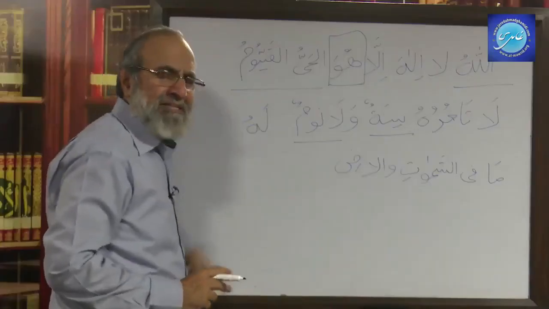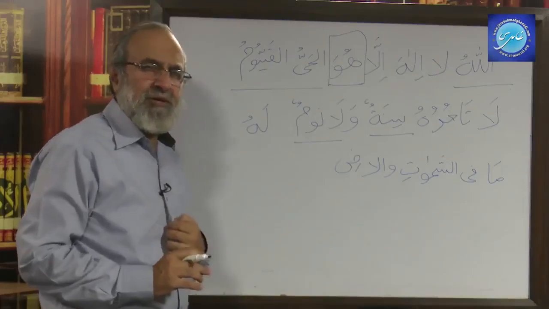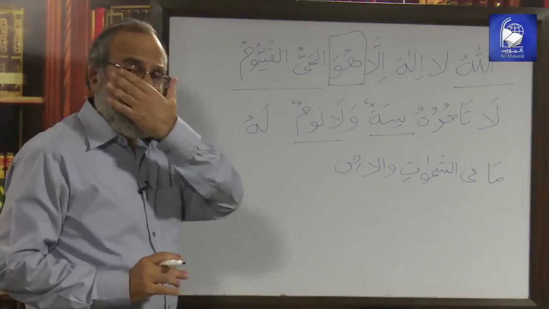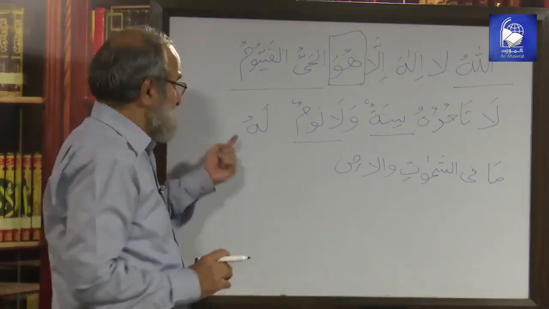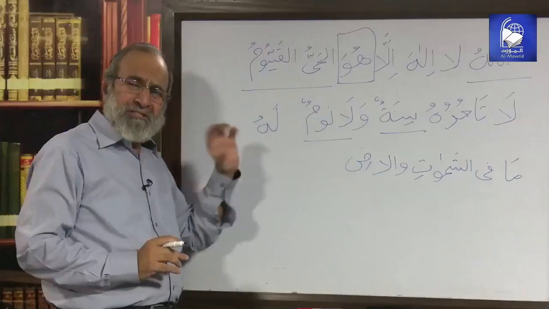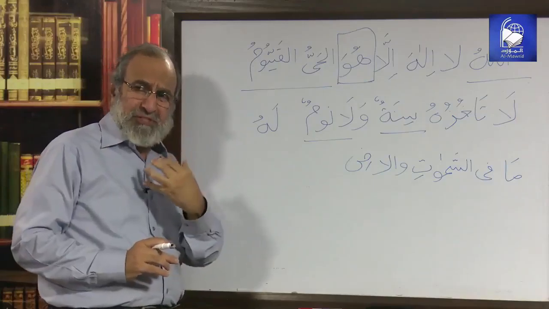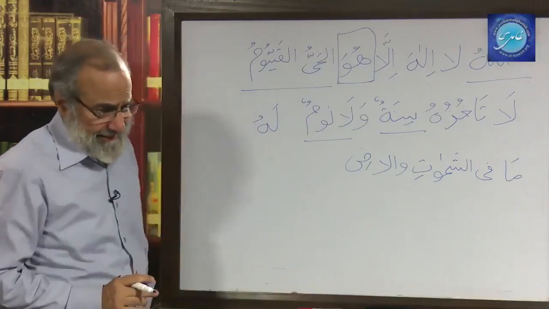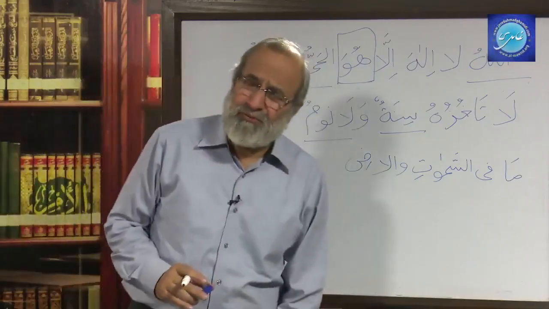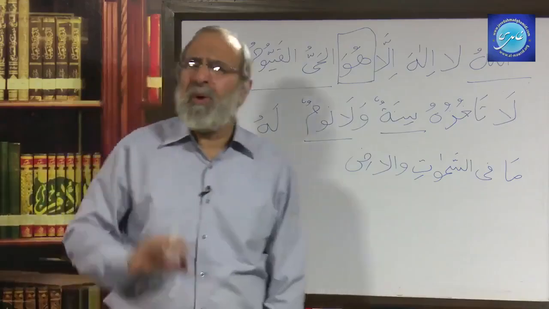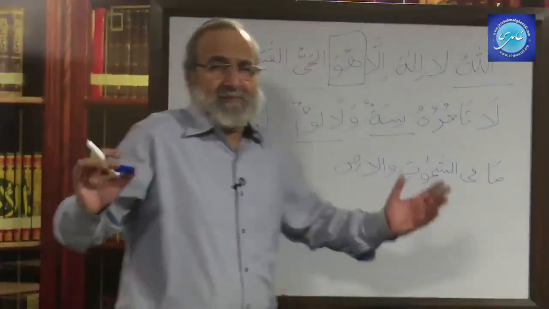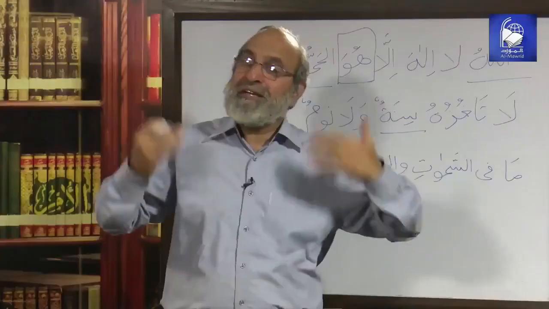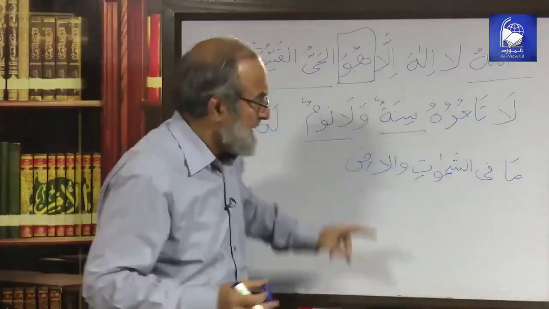For him, lam is actually one of the particles, huruf. It's harkat, which is huruf jar, one of the harf jar. But here it's not causing the kind of change which huruf jar cause by giving the immediately succeeding noun the harkat of the irab of jar. Why? We'll talk about it later. As I said, to know that you don't know certain things is in itself really an important part of learning.